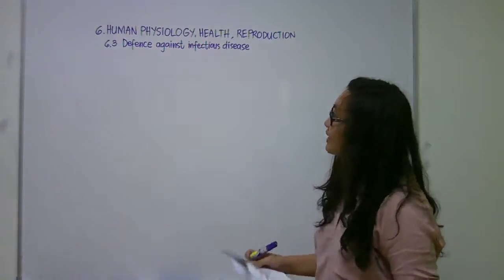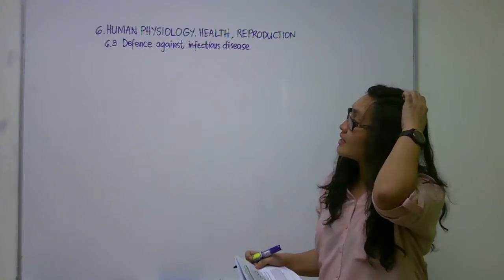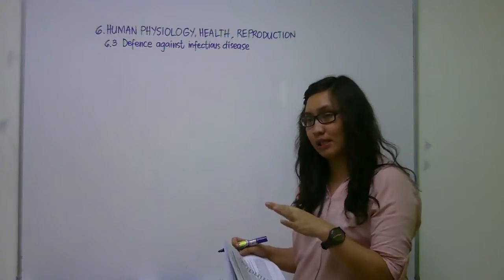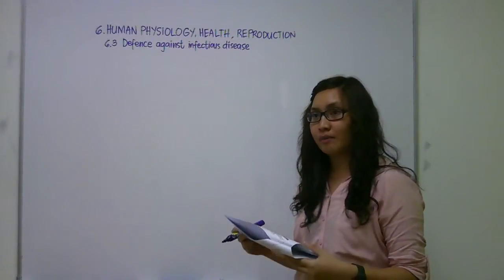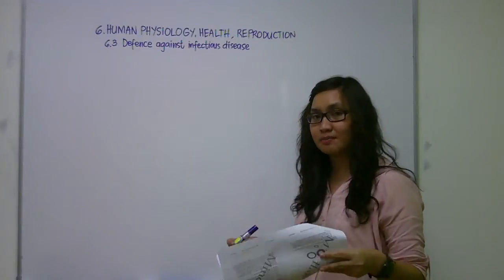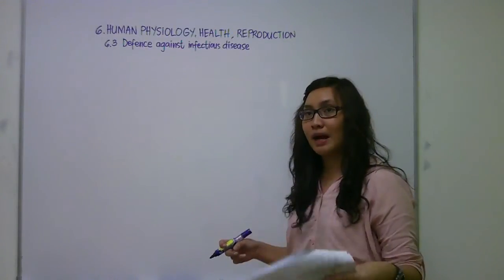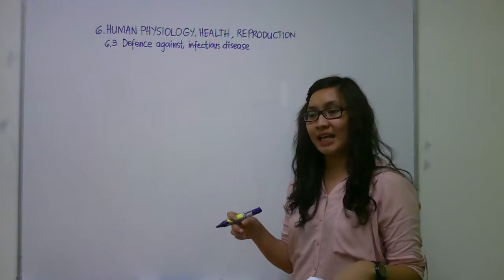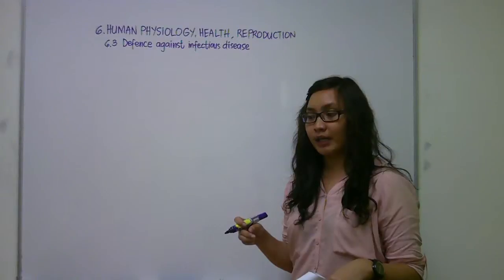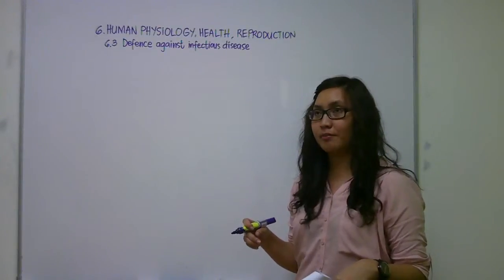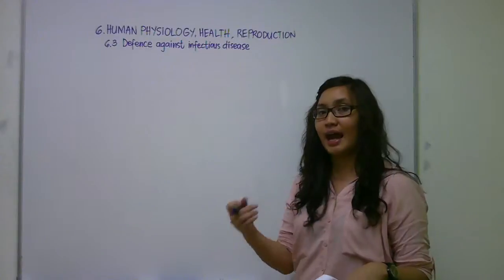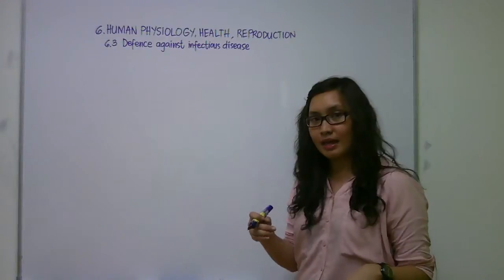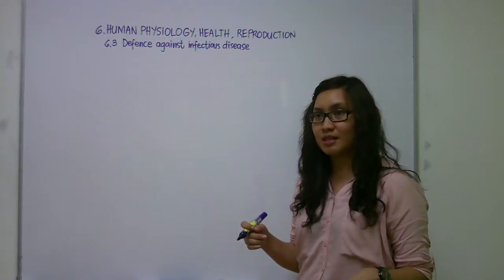The topic that needs to be discussed under human physiology is the defense against infectious disease. This subtopic is not only limited to the functions of the white blood cells, but covers the totality of how the body defends itself from infectious diseases. This also includes how the skin protects against potential pathogens that can attack the body, and the mucous membranes that produce certain substances that trap